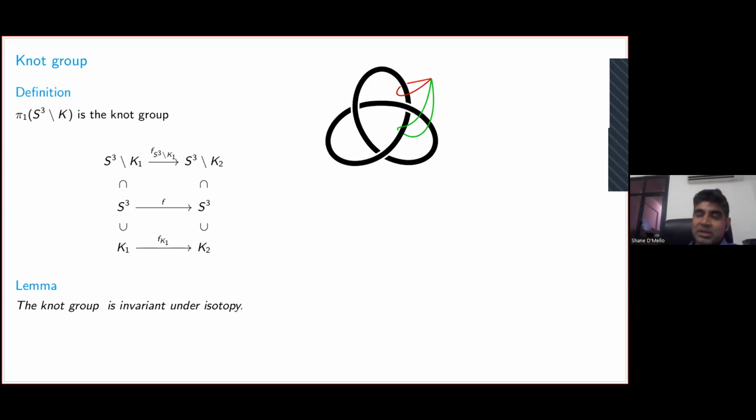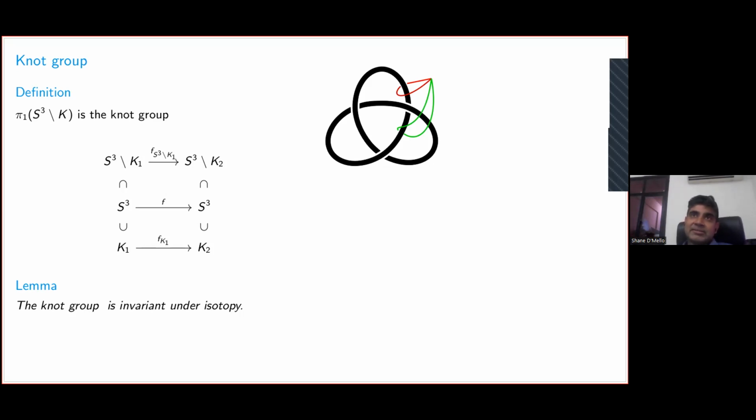Now, what use is that? Well, the usual explanation is that the moment you have an invariant, you can tell apart knots. Knots are represented by diagrams, but if I give you two different diagrams, it is extremely hard to know whether or not they represent the same knot. I could represent this knot in a very complicated way, for instance, by making a lot of twists over here, which makes it look like a completely different knot, and yet it's equivalent to this one.